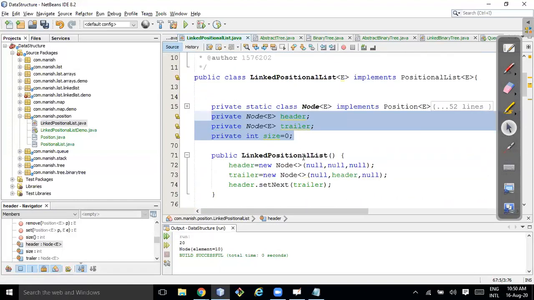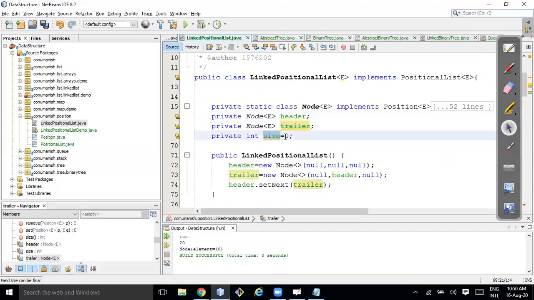Or what is the need of that? If I don't see you need the header and trailer, I won't give them to you. You can get the header if you do first and last, then you can get it. But I just hid it for some reason. I don't want to give it to the public or outside the client.